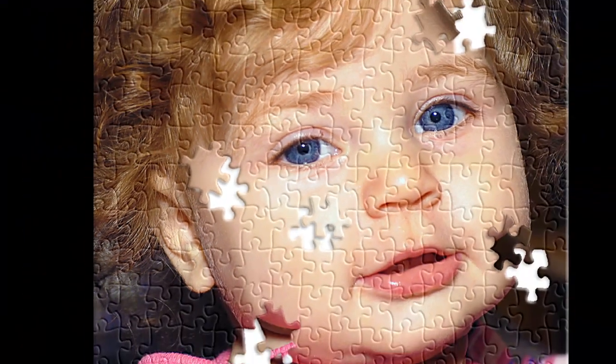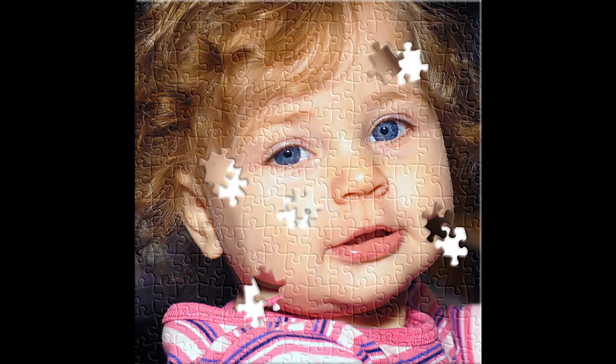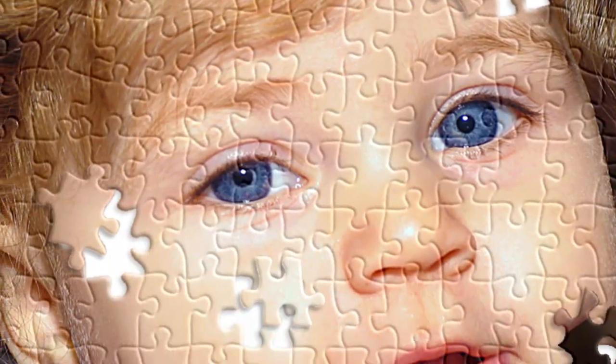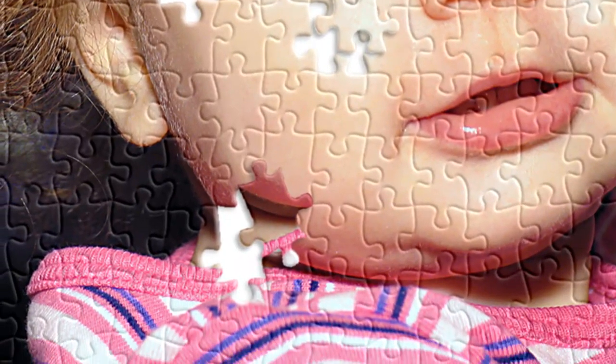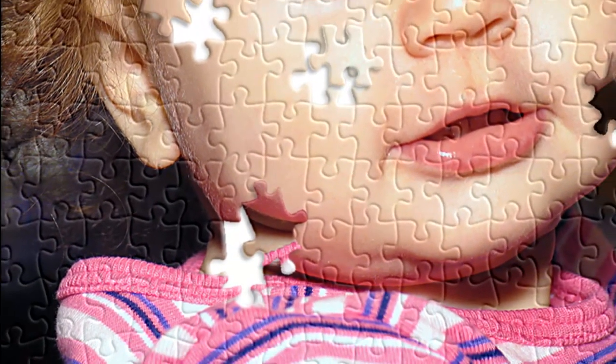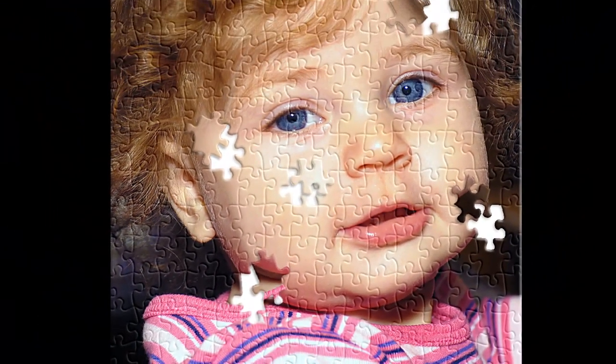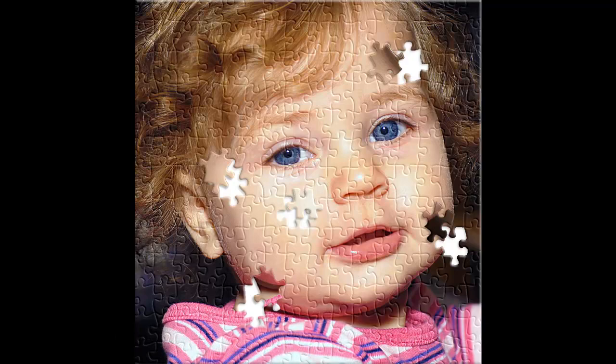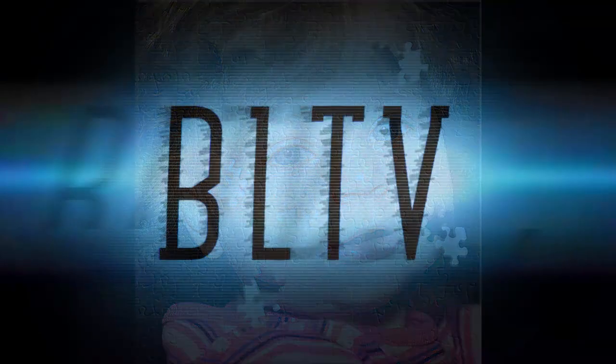If you have Photoshop CS5, I'm going to show you how to make a puzzle from a photo. Adobe has a puzzle texture for CS5 only, but you have to download the plugin to use it. Go to adobe.com and in their search field type in Photoshop Texture Preset for Texturizer. Scroll to CS5 for Mac or Windows and install it. If you're not sure how to install it, click on this link for my tutorial on how to install presets